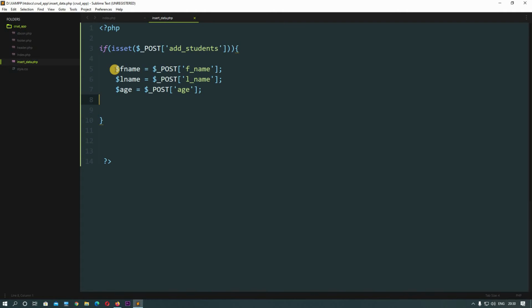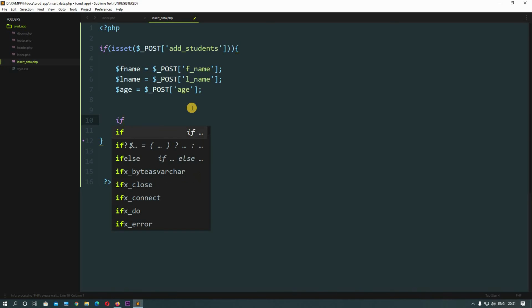I will just make a small validation for this first name, and I will show you how we can do validations with PHP. Then we will enter the data using one validation only. If you want, you can practice on your own with more validations and make your application better and more flexible. So let's check for the first name.